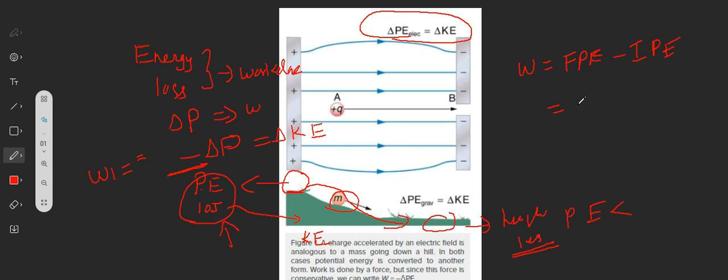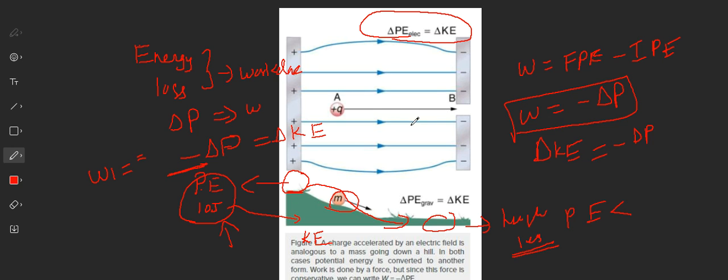Yes. So to make it positive, what do we have to do? We have to put a negative in front of it. That is, the change in potential energy, with the negative sign, is given by the work done. And this work done is nothing but the change in kinetic energy that we have here. So the change in kinetic energy for any particle in motion will equal the negative of the change in potential energy. Did you get that? Is that clear?